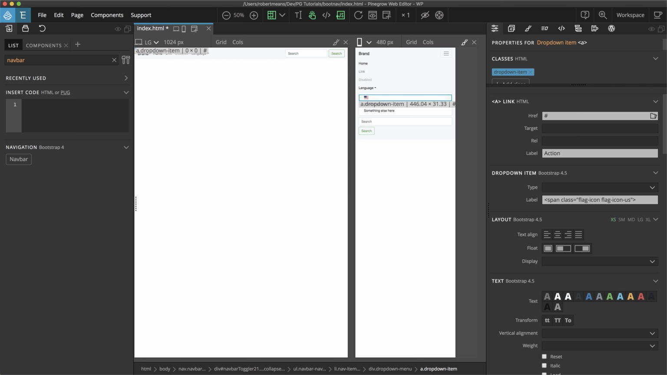Then I'm going to close out that span, put a space, and say English. Now if we click and look, we can see that our menu now has a nice flag and English as the language afterwards. So while we're in the properties panel, we can also change the href, or the target for